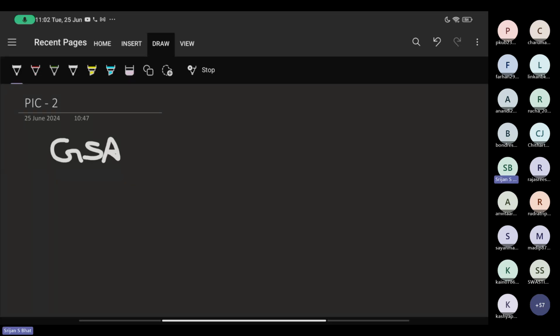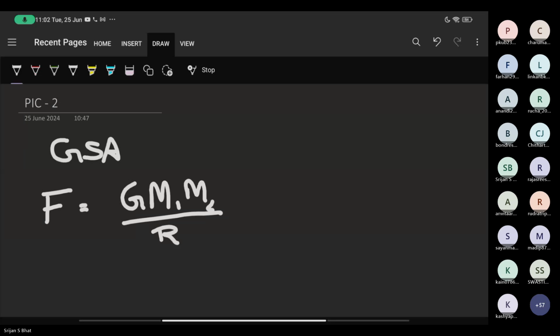This algorithm works on the principle of Newton's law of gravitation, and we also formulated how it works. Do any of you have any questions regarding this algorithm?